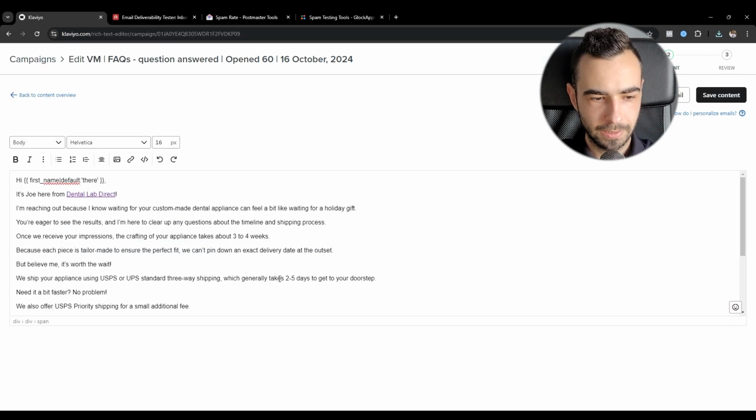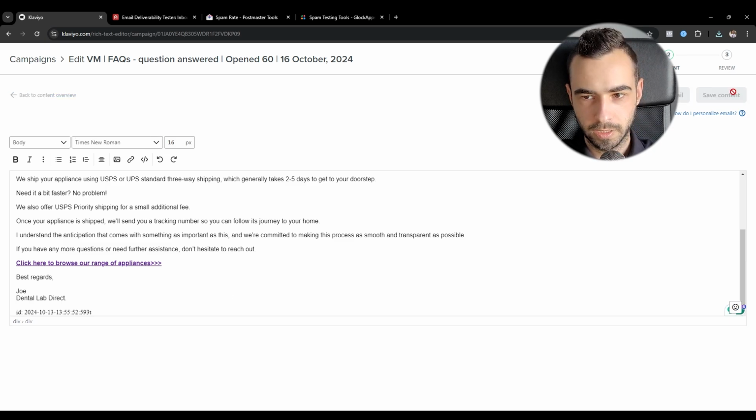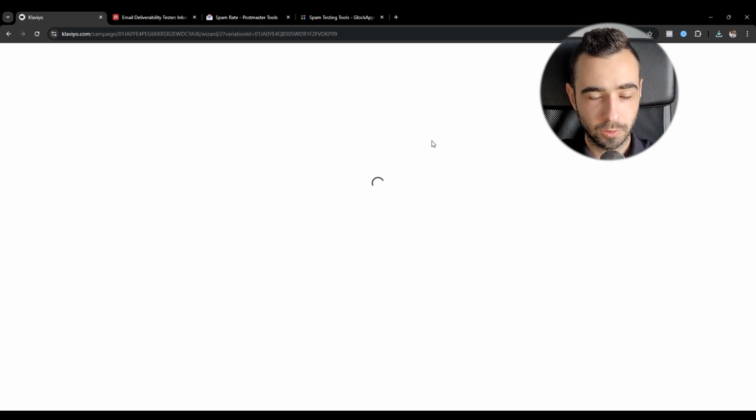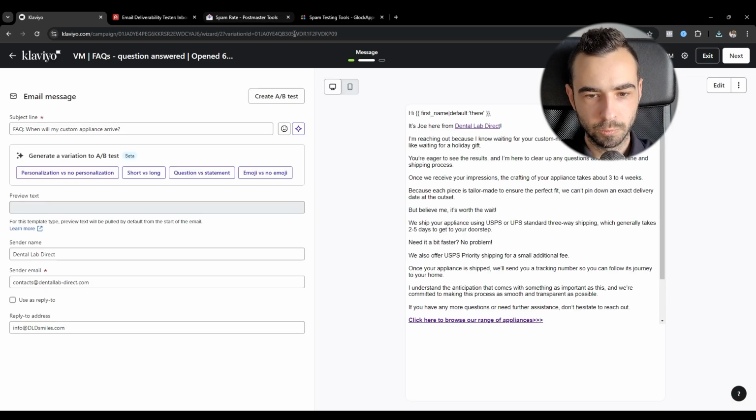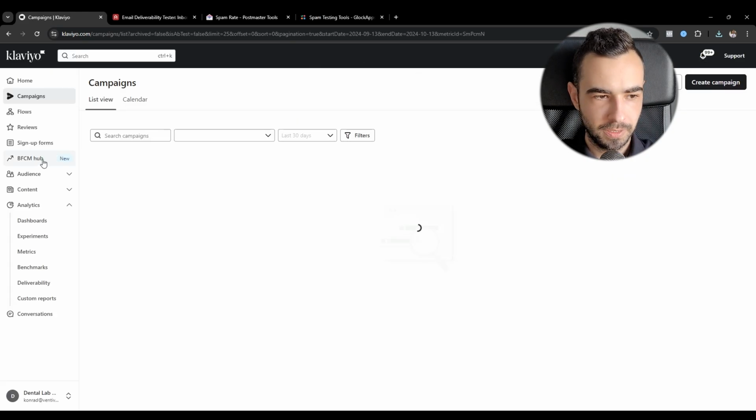You copy it and you can paste it wherever. I just like to paste it at the very end of the email so that when I'm deleting this or sending it as an actual campaign, I will remember to delete it and I won't need to look for it for an extended period of time. As you can see, it is at the very end of the email, but now we won't be sending it yet